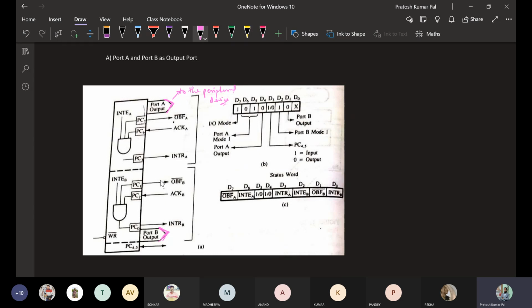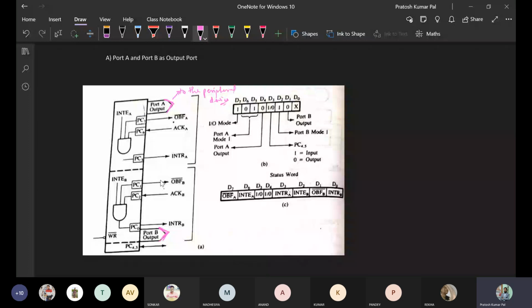Next one is INTR. So here again it is INTR, that is basically interrupt. If some data is going to be read from the peripheral, or some data is sent to the peripheral device from the microprocessor, that interrupt will be activated, and that will cause the microprocessor to start sending or accepting the data.